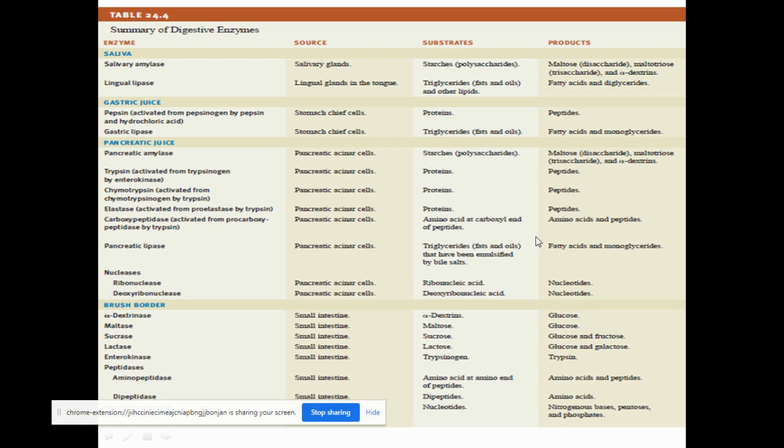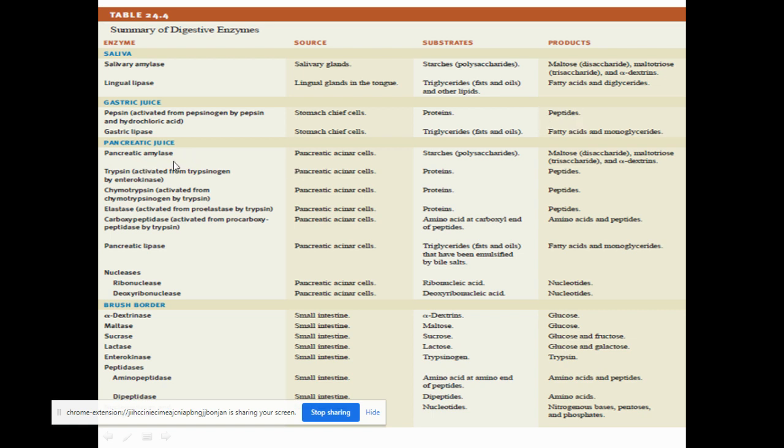So digestion of the proteins starts in the stomach. The stomach secretes HCl. So the HCl will act upon the proteins and denature them and expose the individual bonds, okay, which will be acted upon by the pepsin. So the pepsin, which is secreted in the form of pepsinogen, will act upon the denatured proteins and convert them into peptides. The main target of the pepsin is the aromatic amino acids, okay, the aromatic amino acids tryptophan, tyrosine, etc. It will act upon all the aromatic amino acids and convert them into peptides.